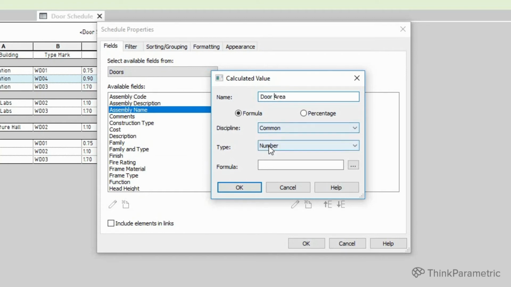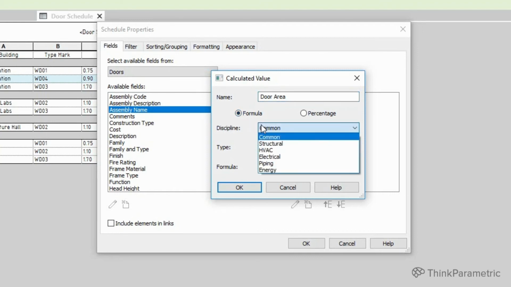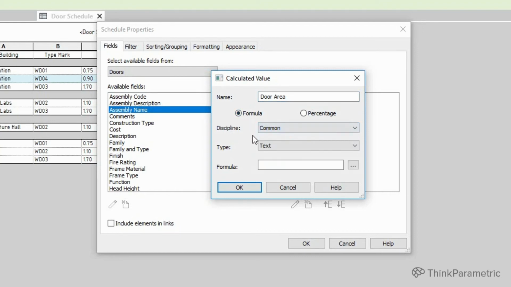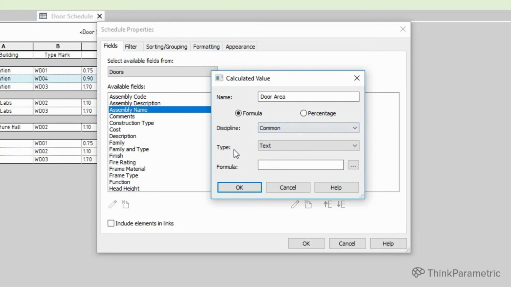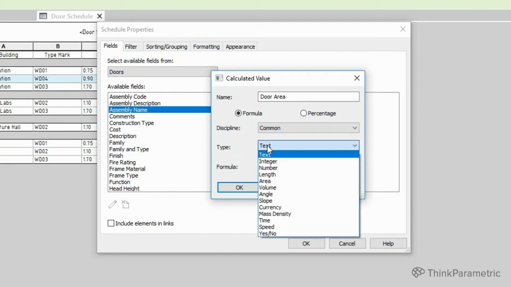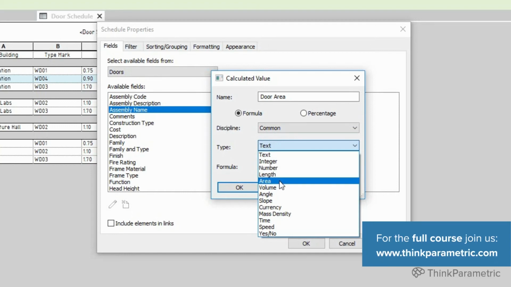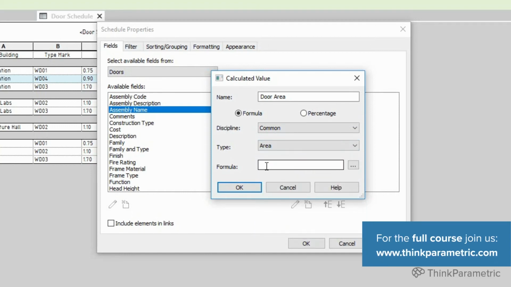And we want to keep it as a formula. Then we want to keep the discipline as common. It does not matter for us. And now the type, we want it to be an area, because length by width will equal an area. So let's put it right here.